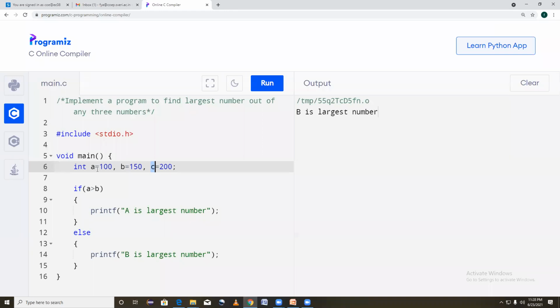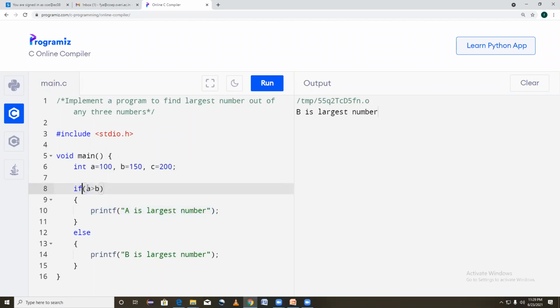When we implement a program to find the largest number between two numbers, what we are doing is comparing one number with the other number. Right. In the if, one number is compared with the other number. If this condition is true, then the first number, that means A, is the largest number.